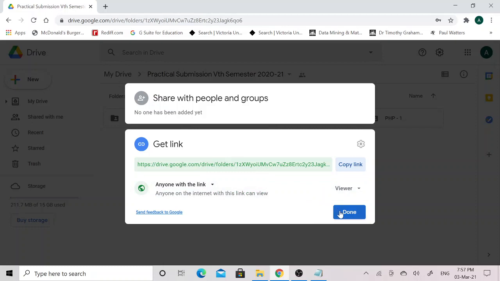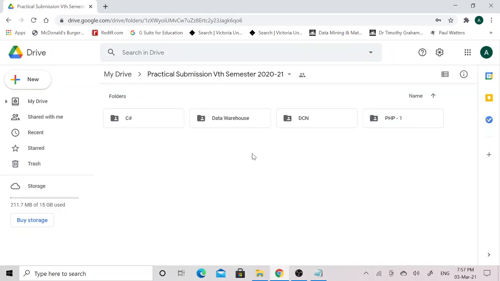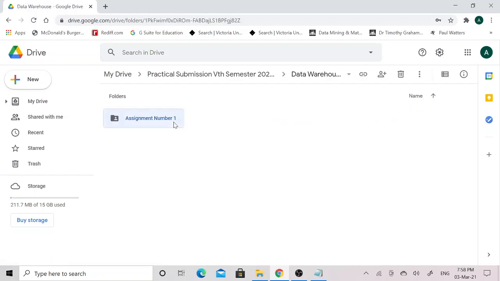Then you can click on the done button, and you have to share this copied link in your Google Classroom so that your respective faculty will be able to view your copied link. Faculty will simply click on your updated link and faculty will be able to view your practical subject folders and your assignments.